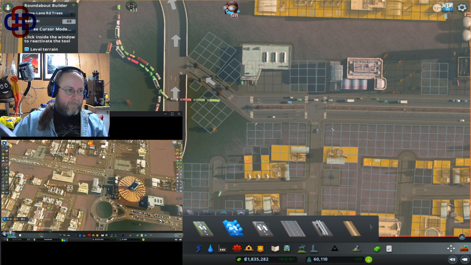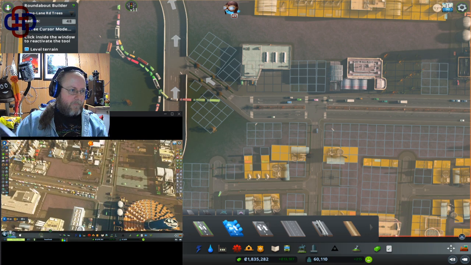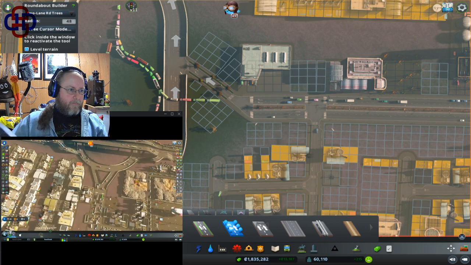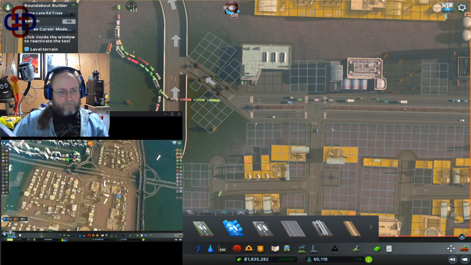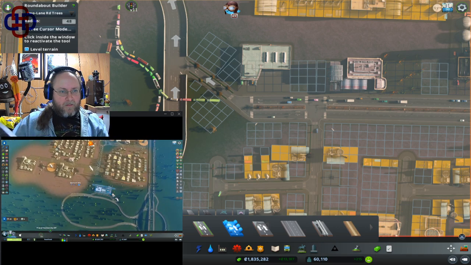Alright, so, moving on. I've got this loose. And again, more junctions that are way too close to each other. But it is what it is. So, get that stuff moving. Oh, do you want me to make the